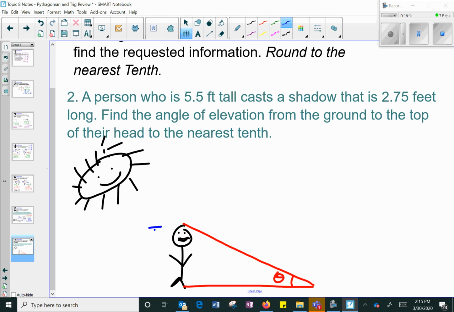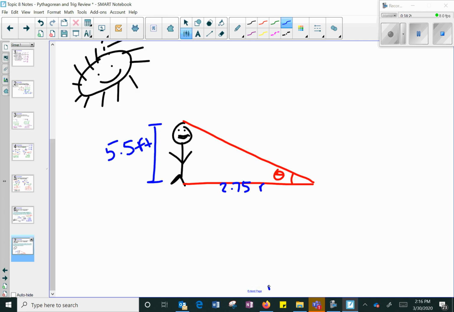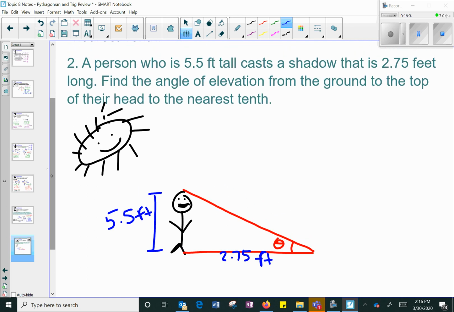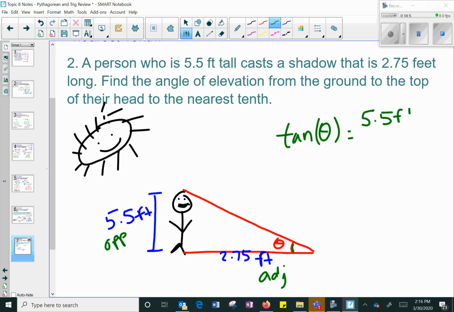We know that this person over here is 5.5 feet tall, and we know that the shadow is 2.75 feet long. Once we have this here, we can go ahead and label what we've got. If this is our angle theta, this is our adjacent, this is our opposite, our hypotenuse has no value, so we're going to use tangent. In this case, tangent of theta is opposite 5.5 feet over